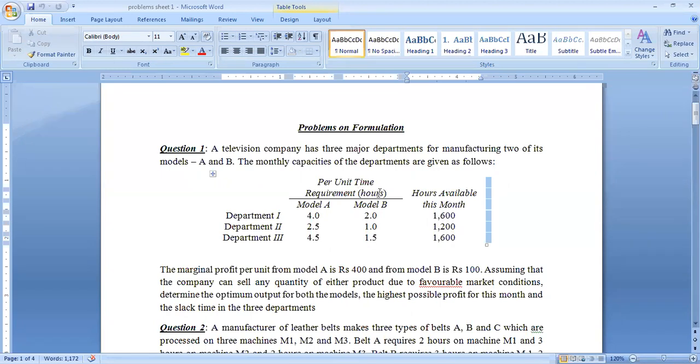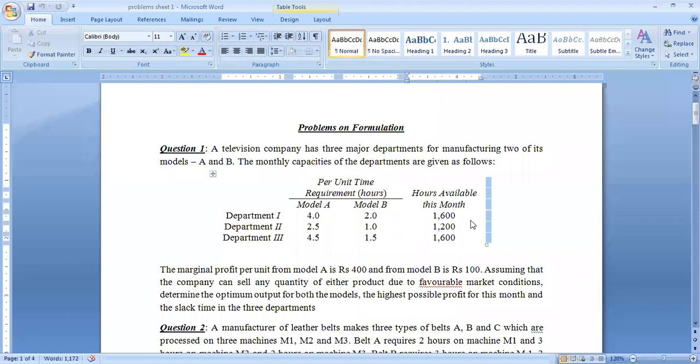Now there are only two variables, x1 and x2, so you can solve this problem with the help of the graphical method also. The same problem could be solved with the simplex method, and with the big M method. The only thing is, you have seen all the constraints are less than or equal to. Since all the constraints are less than or equal to, there will not be any artificial variable. If there is no artificial variable, there will not be any big M included in this problem.